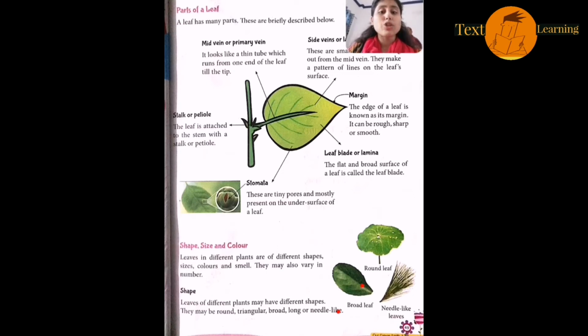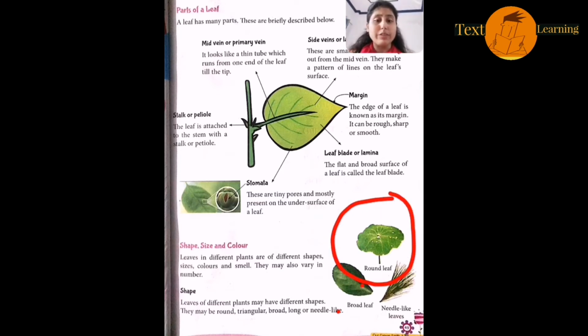Now let's talk about shape. First of all, leaves of different plants may have different shapes. Like you must have seen this rounded leaf, or the leaves of lotus. It is round in shape. And you must have seen the leaves of rose plant. They are not round, they are different. So they may be round, they may be triangular, they can be broad, they can be long, and they can be